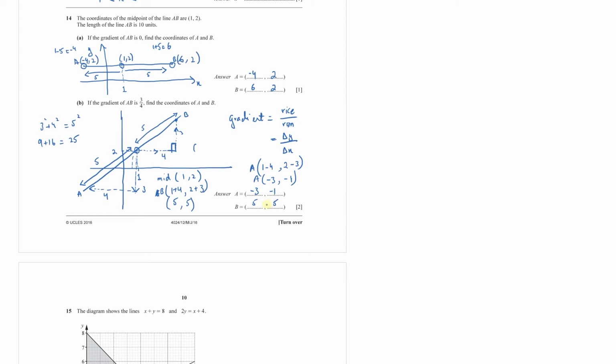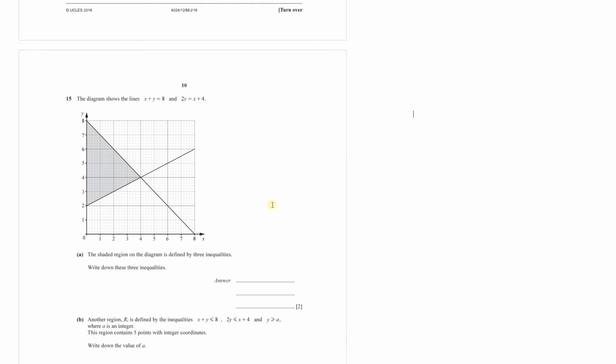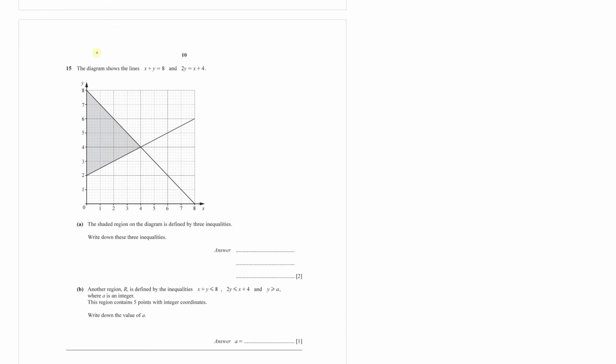All right, let's move on to question number 15 here. It says that the diagram shows the lines x plus y equals 8 and 2y equals x plus 4. The shaded region on the diagram is defined by 3 inequalities. Write down these 3 inequalities. So this is the shaded region here. The 3 boundary lines are this one, the first, this is the second one, and the third one is this,